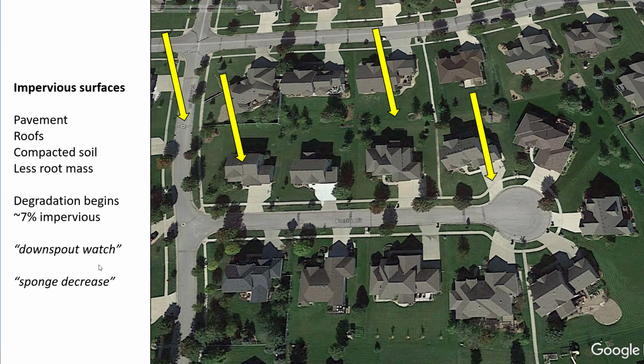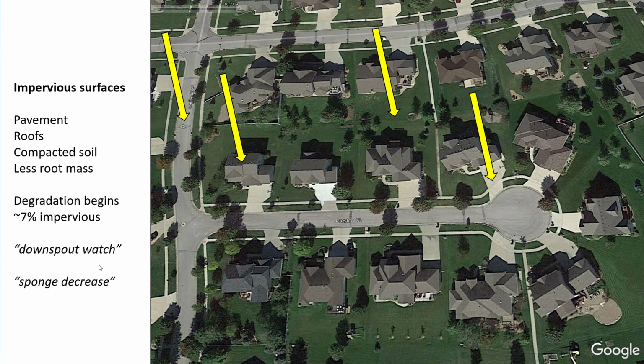And again, there's a lot of soil compaction in these urban areas. So again, the sponge has really shrunk down. And one of the coolest things that I observe, if it's ever raining, go down and look at your gutter downspout. Even during a light rain, your gutter downspout is just pumping out water at a very high rate. So what it's doing is taking all that water that fell over that extended roof surface and concentrating it into like a 3-inch circular area. So it really takes all that water that would have been distributed before over a wide area and concentrates it into a high power, highly erosive